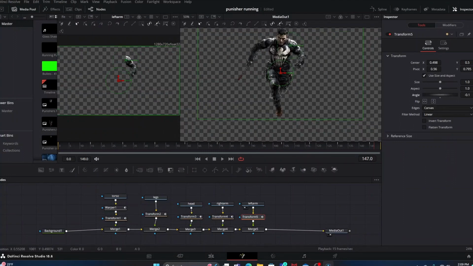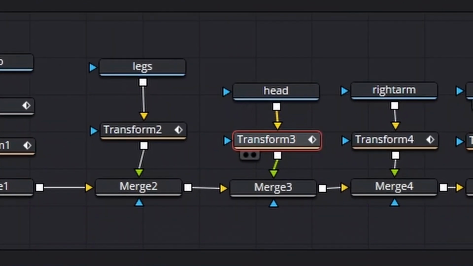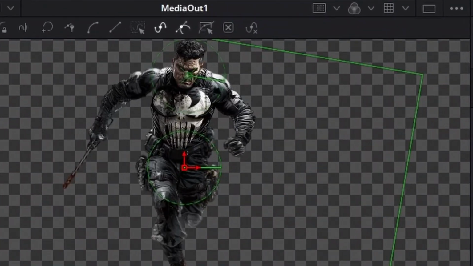And likewise for the head, the cranium has a transform node that has a pivot point that I set as well, because the head does do a little bit of different kind of angles, subtle angles in the final animation. So again, that's a custom pivot point right there. And then you come down to angle,